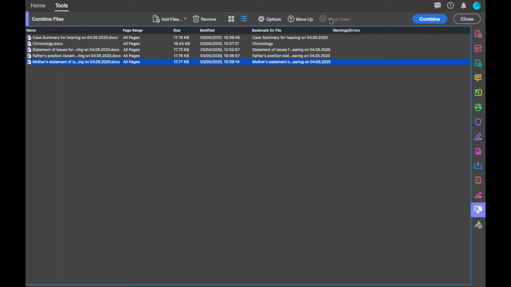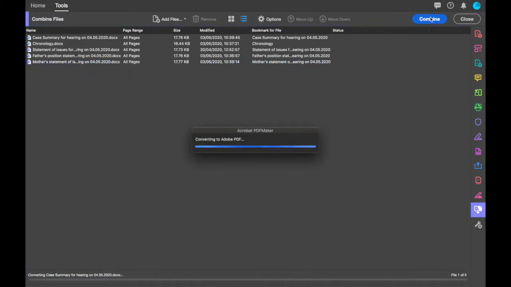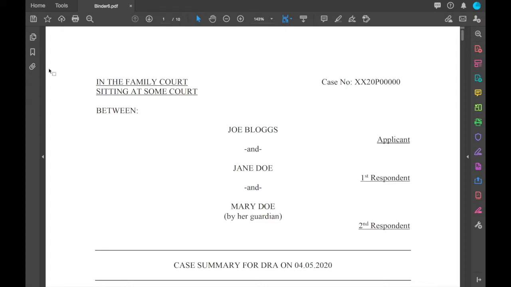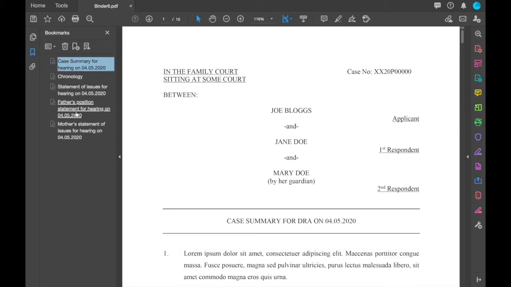You'll see we've got the mother's statement of issues in the wrong order as it turns out, and then we combine them. Now, because these are all Word documents, just like in the other examples, the first thing Adobe will do is convert them to PDFs, and you can keep track in the bottom right hand corner of that progress by file number. Once that process is done, what we now end up with is our combined set of updates for Section A,